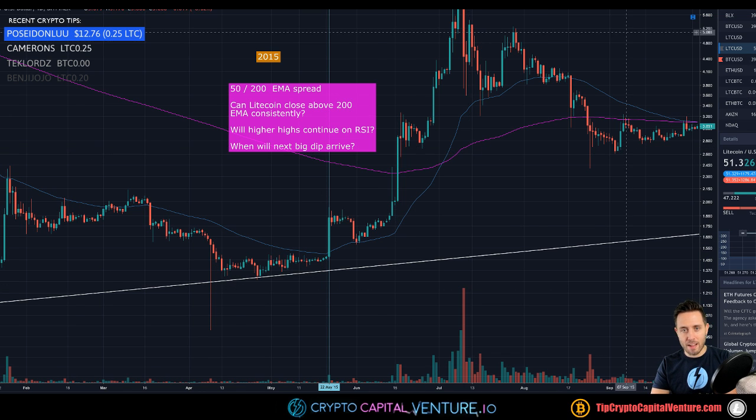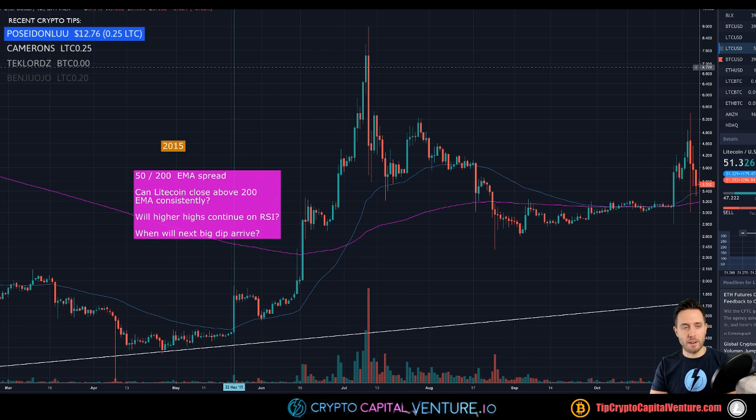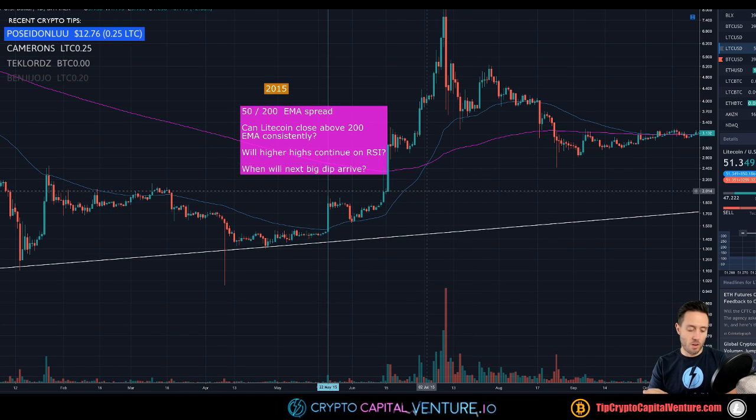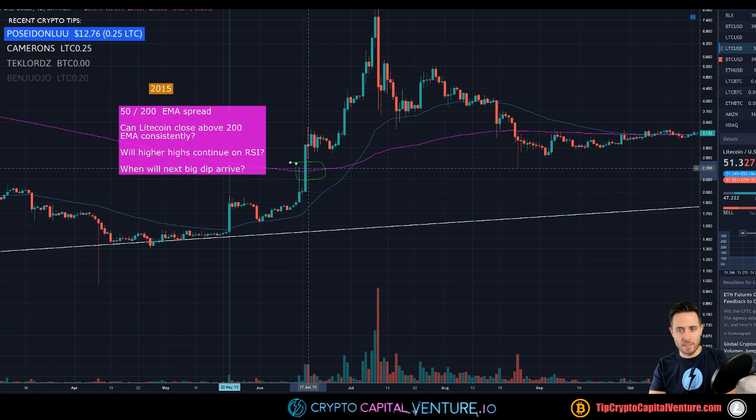I mean, these were like 500% gains back then. I'm definitely not sitting here comparing 2015 to today and saying we're about to get 500% gains. But up until now, Litecoin has been climbing out of its bottom almost identically to back in 2015. So for context, this is 2015, and this is where we are today,